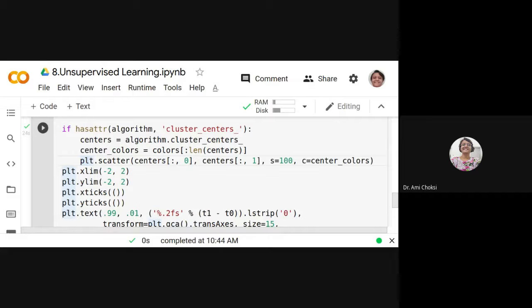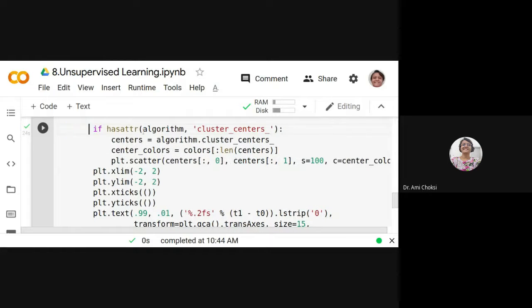Then after that we plotted the centers, which we made black. That is what we are able to see here, the centers we are plotting. But if the algorithm does not have the centers, then we should not use it. So the condition here is that if the algorithm has cluster centers as one of its attributes, then we should do this.